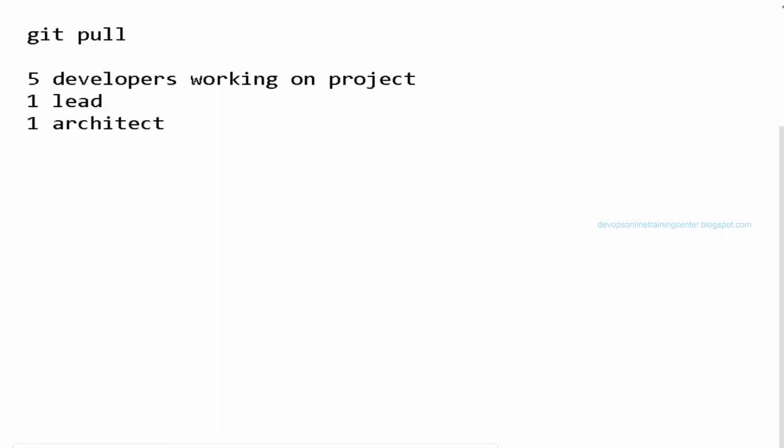So one architect has started the repository. He added the prototype scripts and the code, whatever is required for us to develop. Then lead also added some of the scripts and he created the login for himself, and we also created our logins, and he has given permission for us to log in and make some changes to the repository.